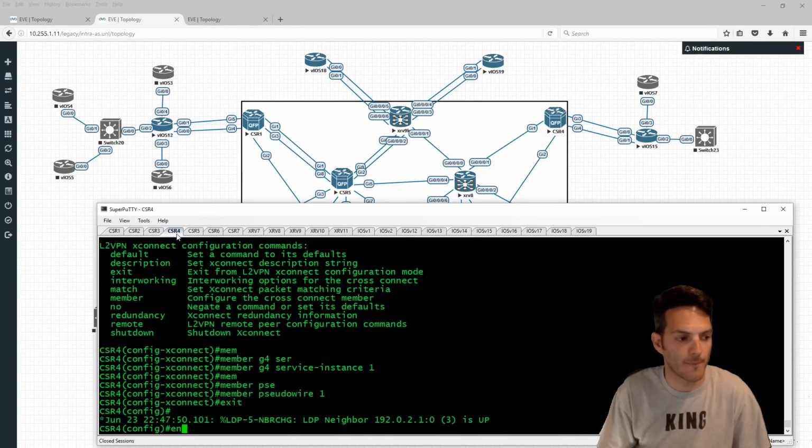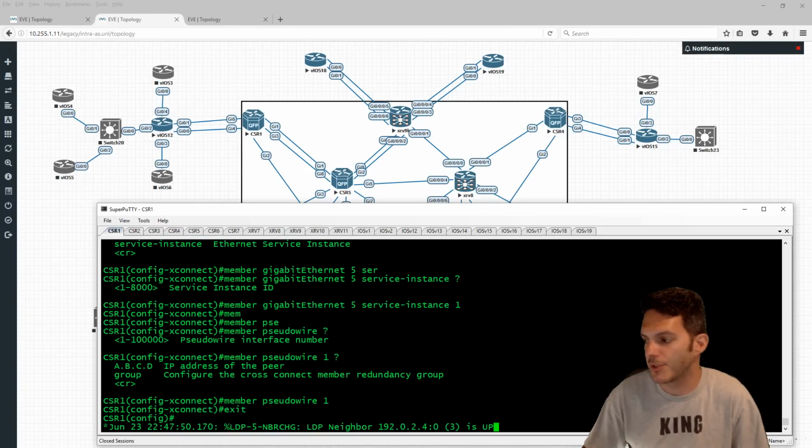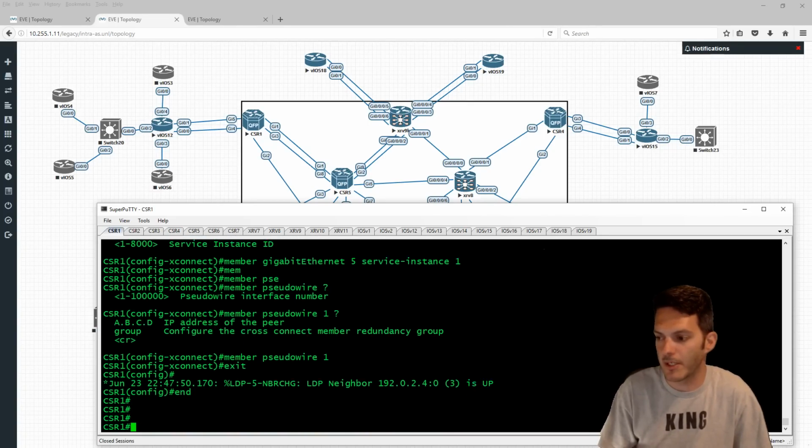which we had before, and CSR1 should see the exact same thing. So now if we jump out of here,